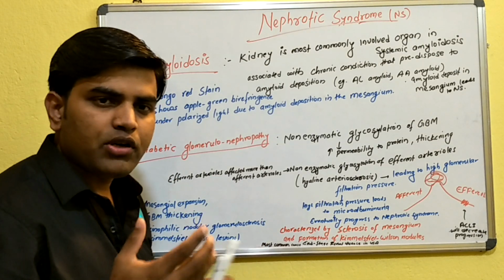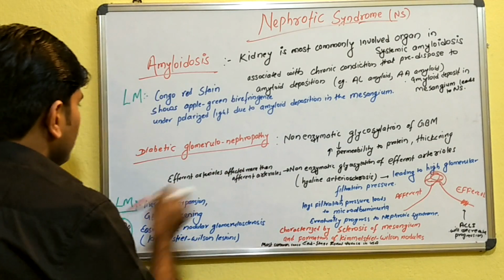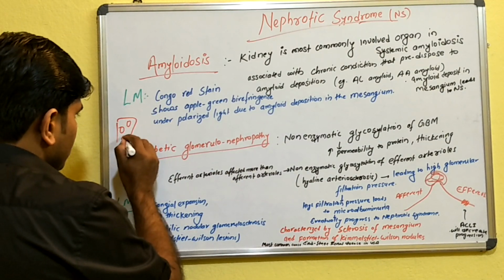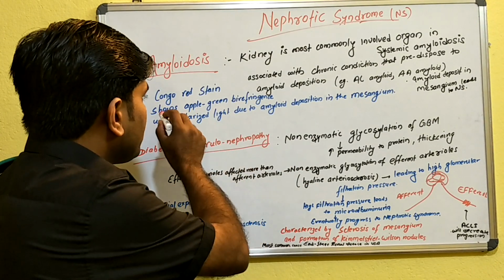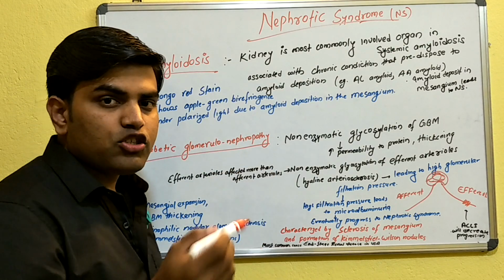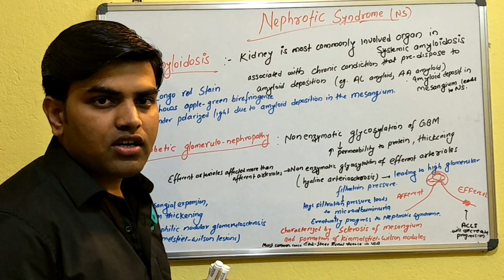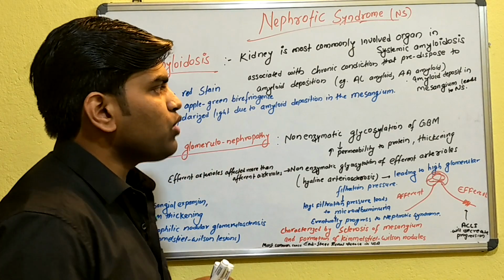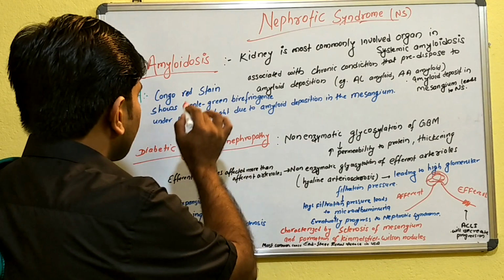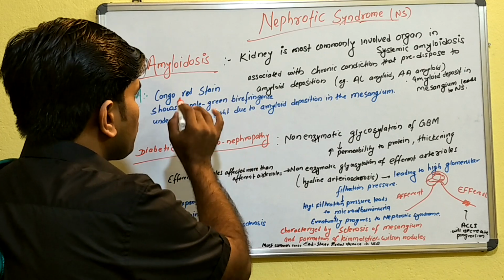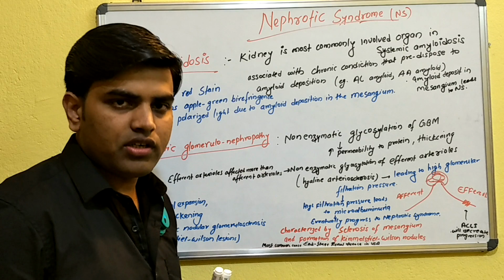Now coming to the light microscopic finding: if you do the Congo red stain, as you remember from the pathology chapter, it will be Congo red positive, and if we examine under polarized light, it will appear as apple green fringes due to amyloid deposition in the mesangium. So what will be the light microscopic finding? Congo red stain positive, showing apple green fringes under polarized light due to amyloid deposition in